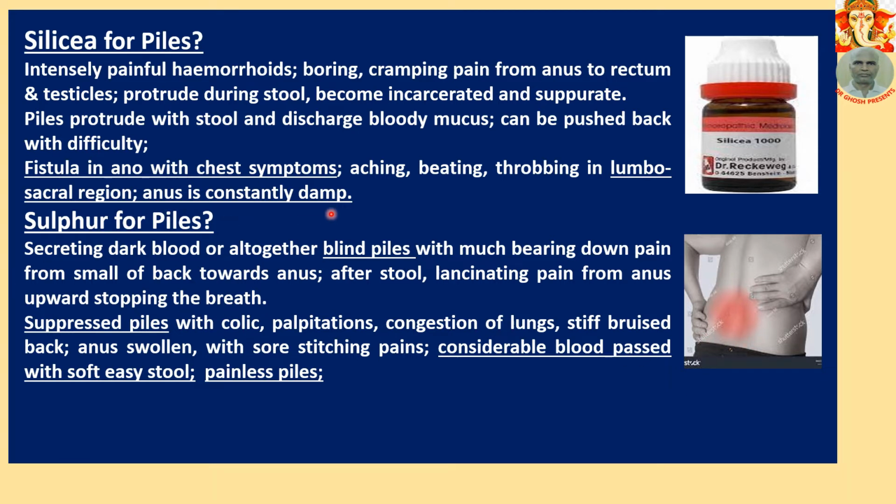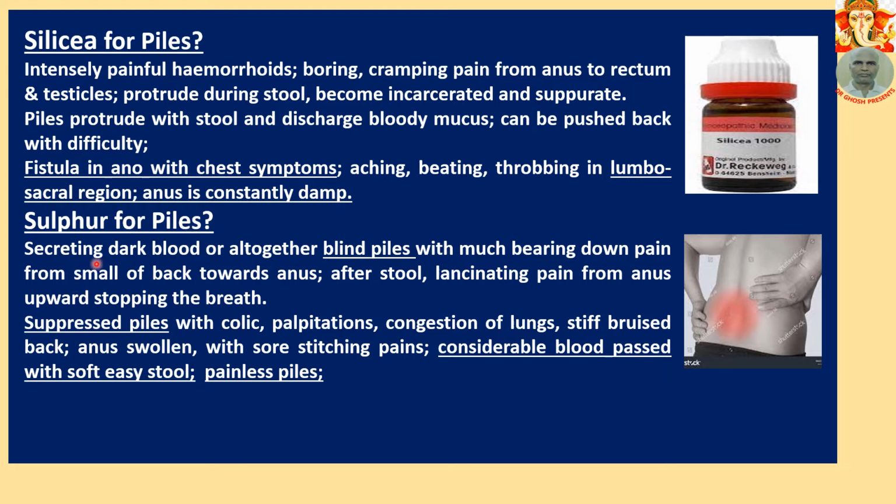Anus is constantly damp. The patient who requires Silicea has an anus that is constantly damp, always oozing something from piles. That patient may possibly require a dose of Silicea 200, and 200 Silicea will act for several months. Please rewind this. 200 Silicea will act for several months. Don't interfere with the action. The disease will aggravate, then ameliorate, symptoms will change. That is, the medicine is acting. It may take 5, 6, 7 months, and ultimately that one dose will cure.